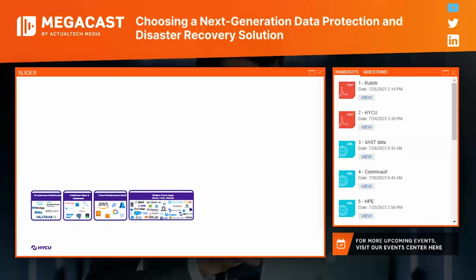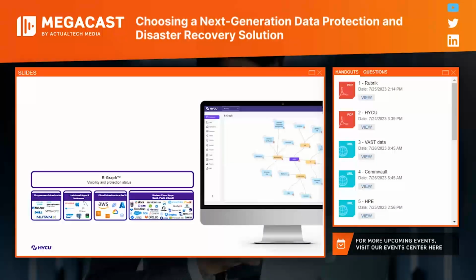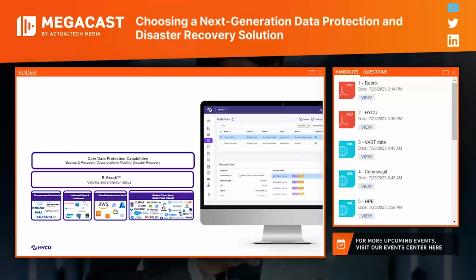So, what Haiku really provides for our customers is a platform-independent data protection solution, not only for today, but also for tomorrow, for any modern SaaS application out there, where we provide that visibility through our graph, so knowing what you have within your organization and if it's protected or not. Integrate that quite easily with our core capabilities for backup and DR, and also with that, because we support all the different platforms, provide cross-platform mobility and disaster recovery between on-premises, public cloud, or vice versa.